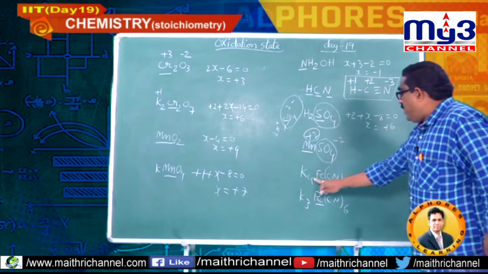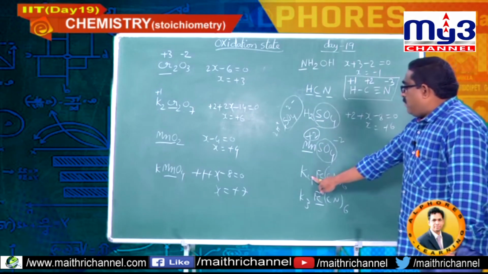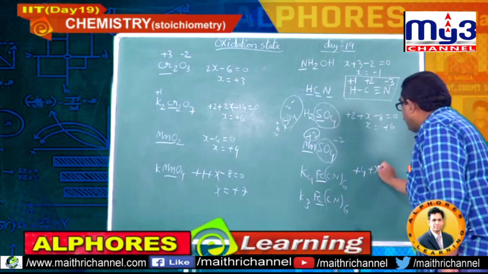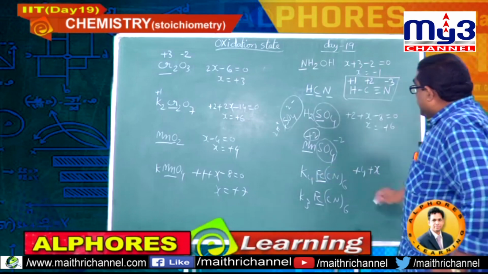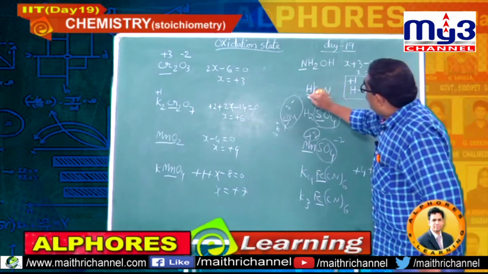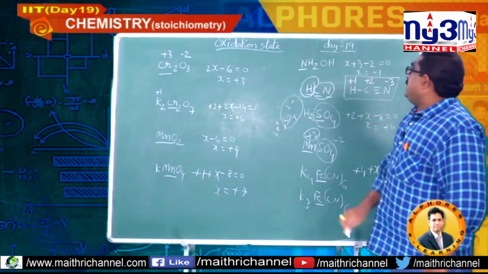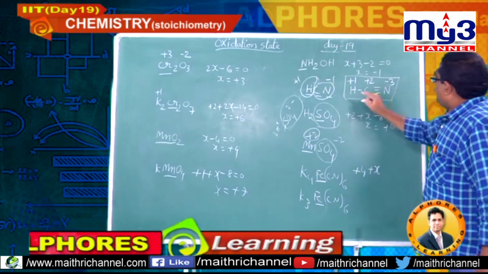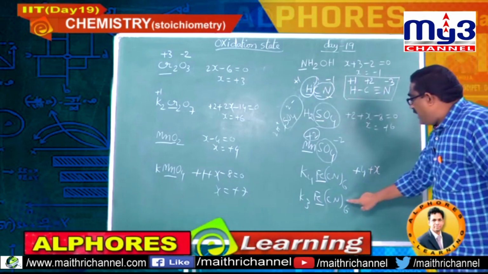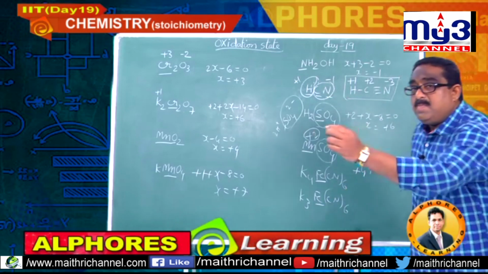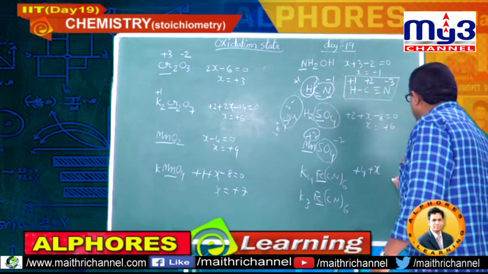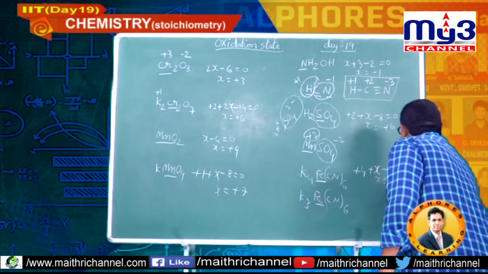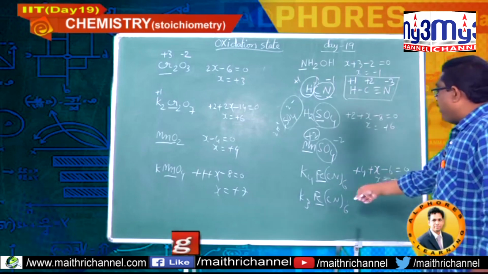Okay. Now I am going to assign for this. 4 potassiums, plus 4, plus iron X. Neutral species, the sum of all should be 0. CN is there. See, I am splitting this: H plus, CN minus. So for the entire carbon and nitrogen, you can simply take it as minus 1, equals to 0. So X equal to plus 2.